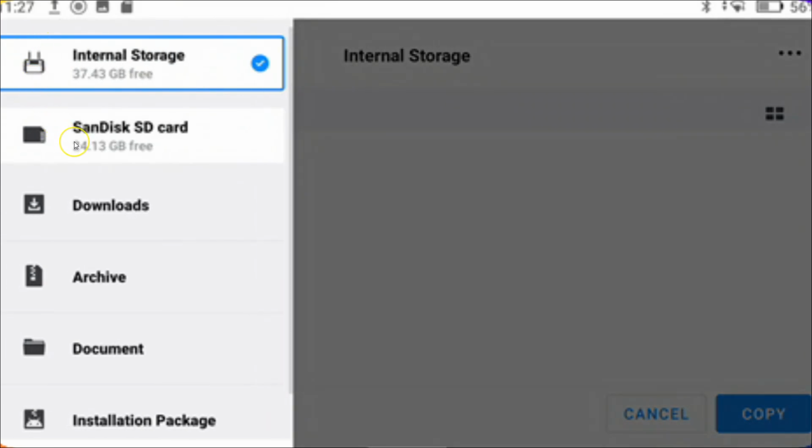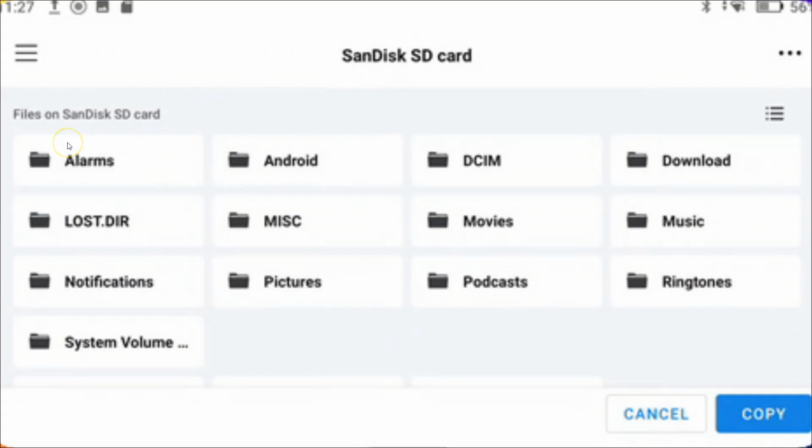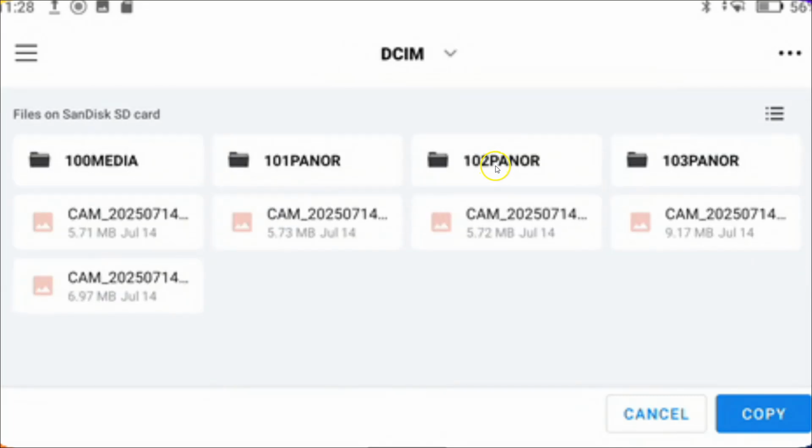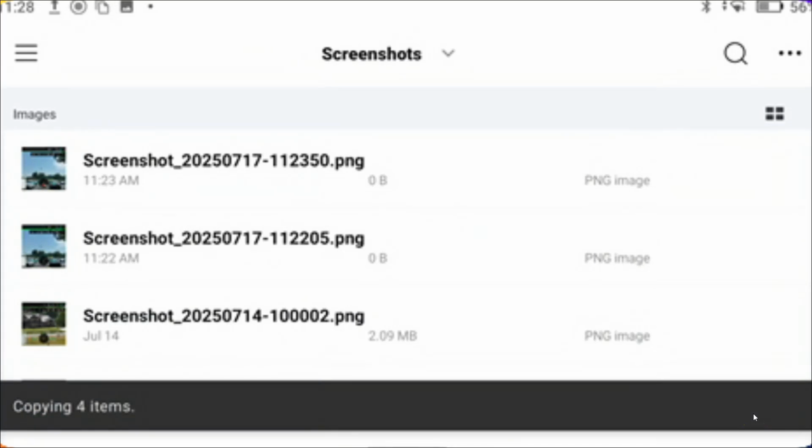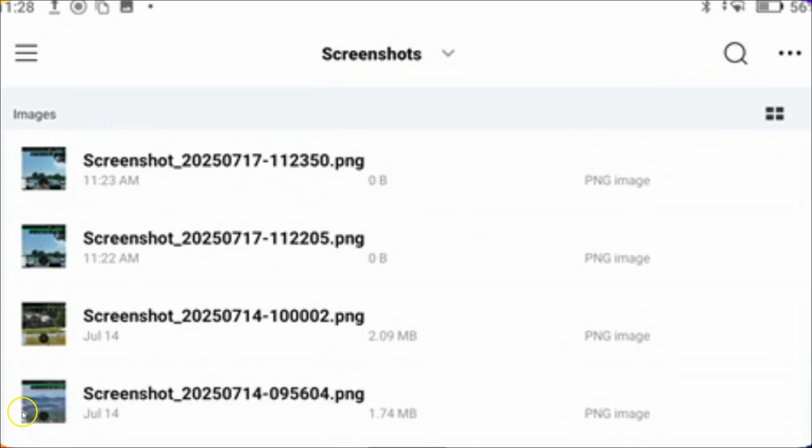So I'll go back to the triple slash, I'll say micro SD card, and then under micro SD card, I'm going to go right here to DCIM. And I'll go back here. Now I have my DCIM. I'm going to go back to my triple dot and say copy. It's now copying those 4 screenshots to my